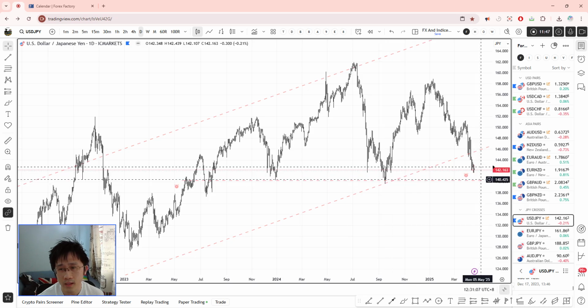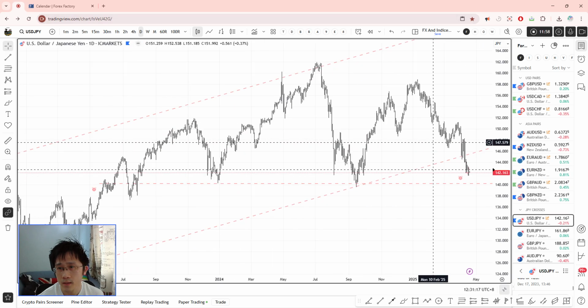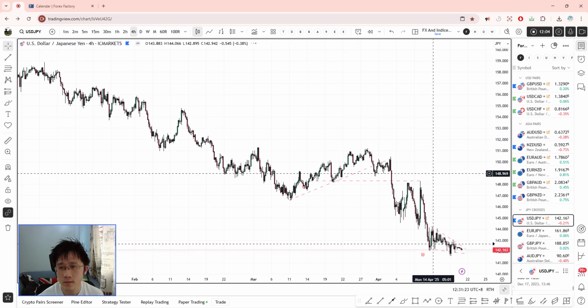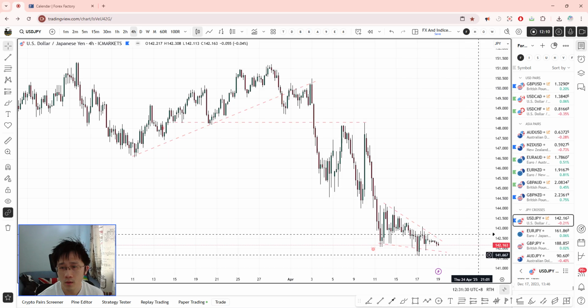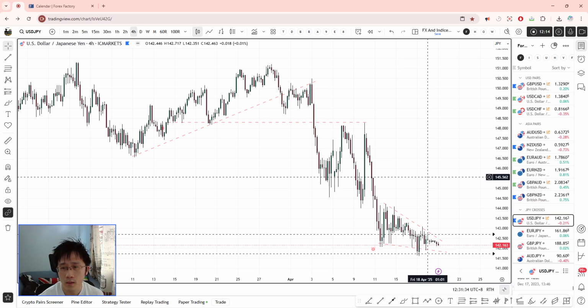So likely it could break lower to come over and test the 140 area over here. Of course, on the 4 hourly you can't see that clearly, but it could also break down lower. So I am looking at this newly formed wedge to either break up or even give way over here. Maybe you can put an alert.